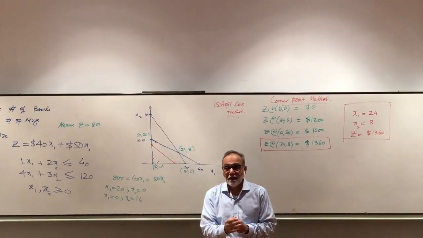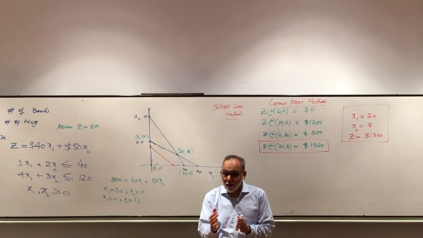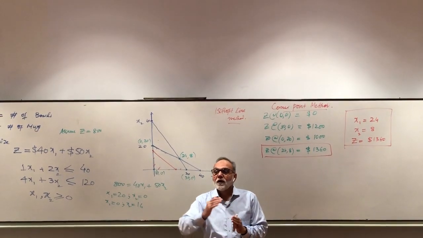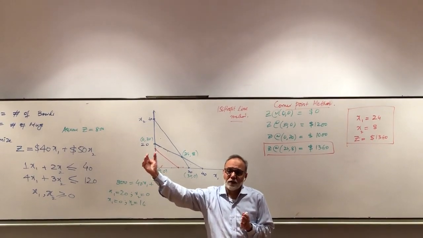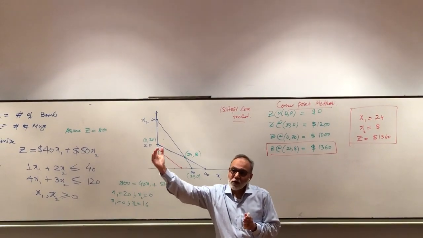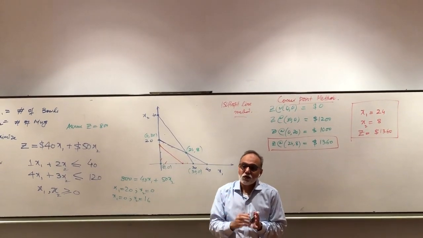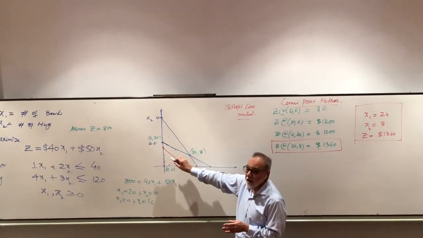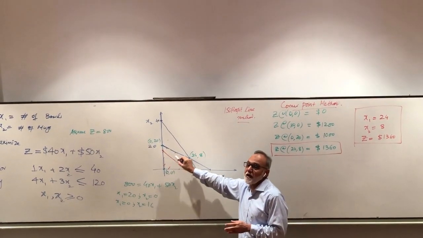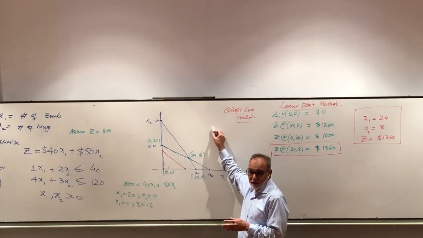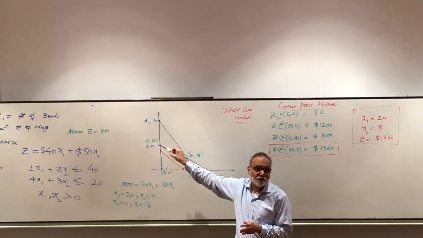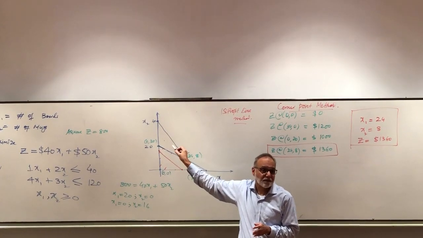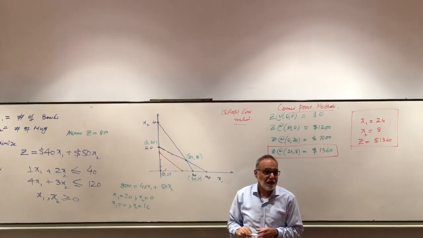Please listen. When you are maximizing the profit, you will move away from the origin, and when you are minimizing the cost, you will move towards the origin. So once you have drawn this line, you move away from the origin, and the last extreme point hit in the feasible region is your